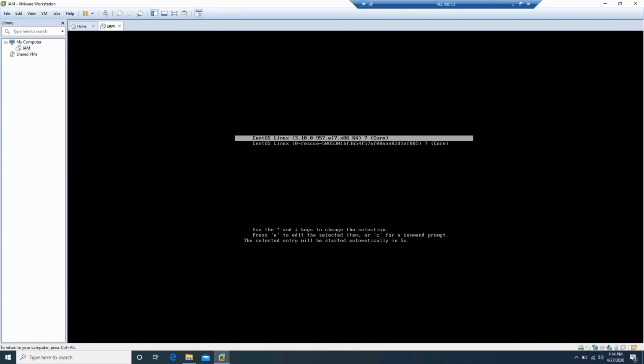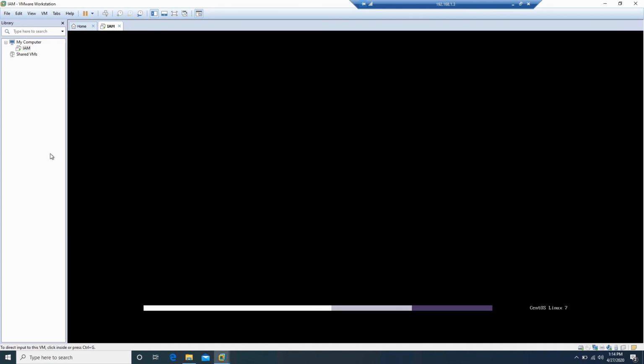Okay, now it is starting. You can see it is CentOS Linux 7. We already selected the bridged network at the time of installation. Bridged network is mandatory to set up the static IP.